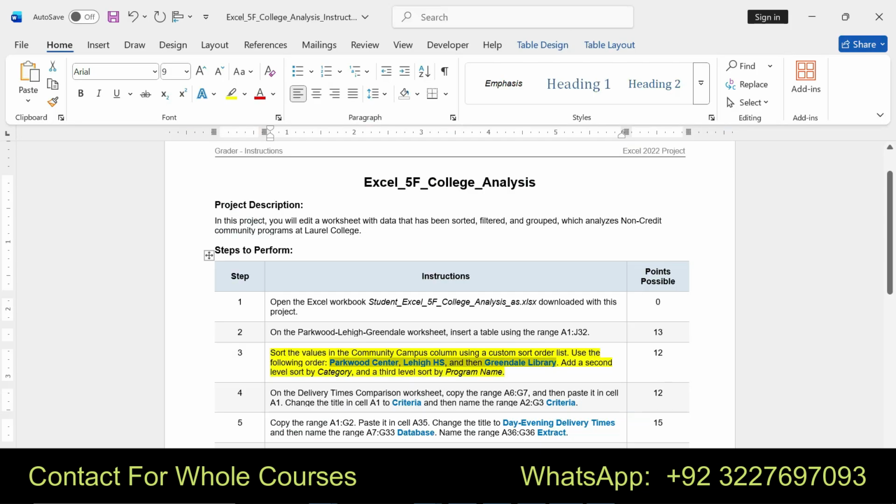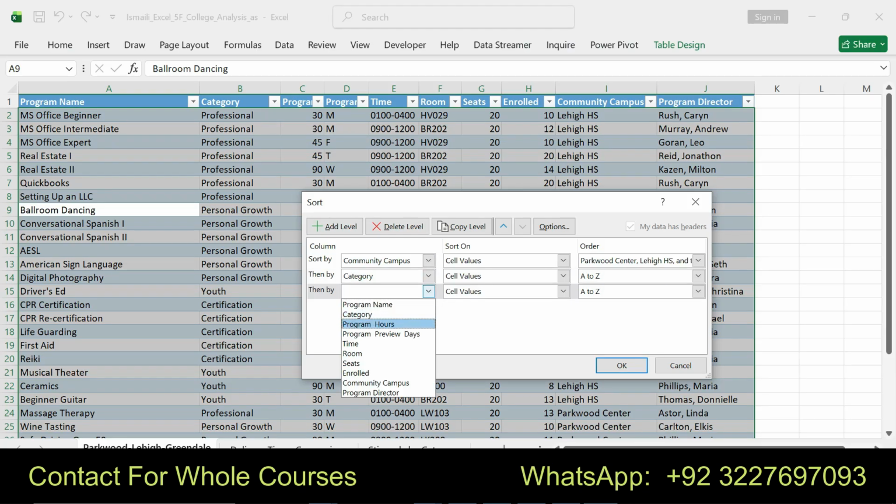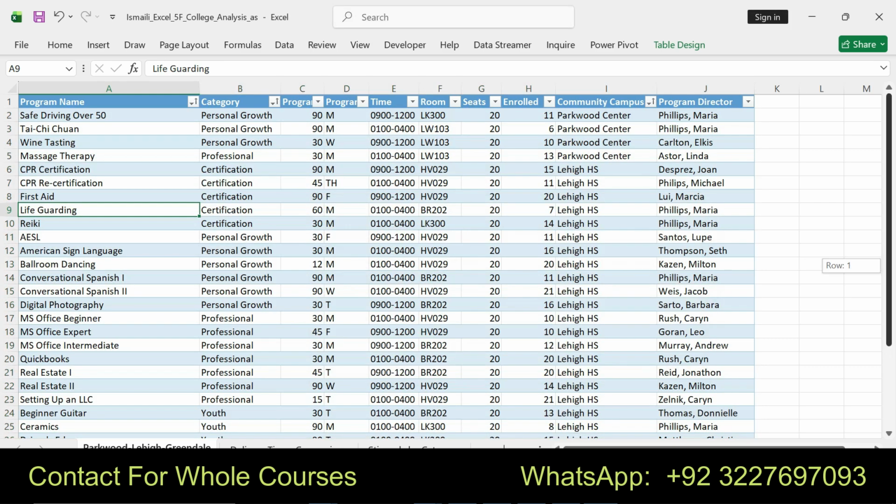At second level category and third level by program name, both in order. Okay, I have done this one. Now I'm going to move to the next step.